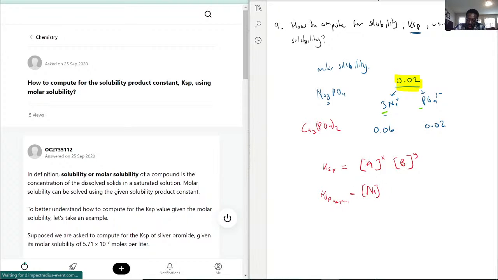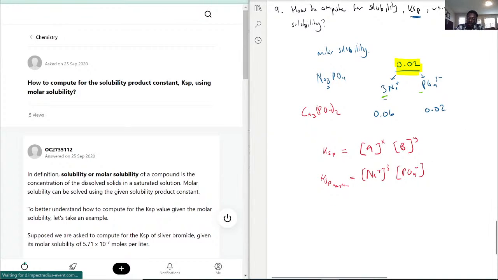the concentration of Na+, which is what we have here, because that's the molar solubility, because they usually just give a value in molarity, and it'll be to the power of 3. And then PO4 3-, and it'll have a concentration of the phosphate ions to no power, because exactly as you see here, it's a 1-to-1 ratio. And if you do the Ksp for calcium phosphate,